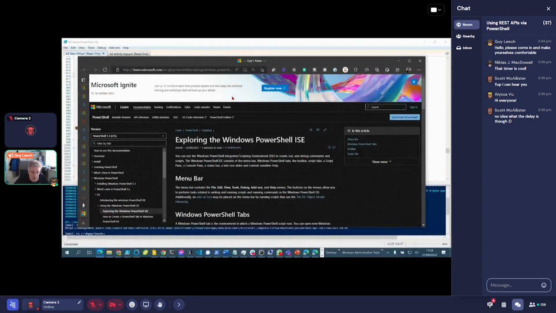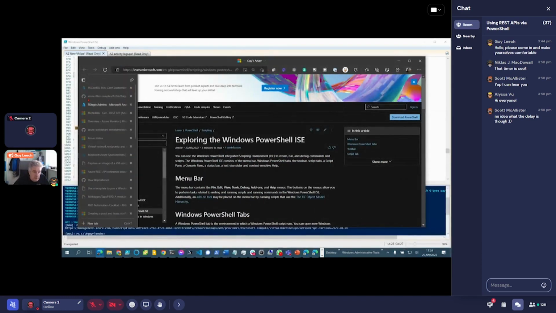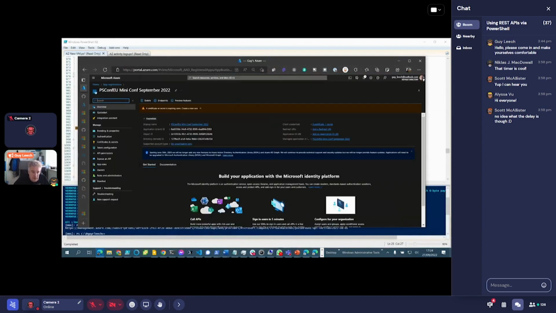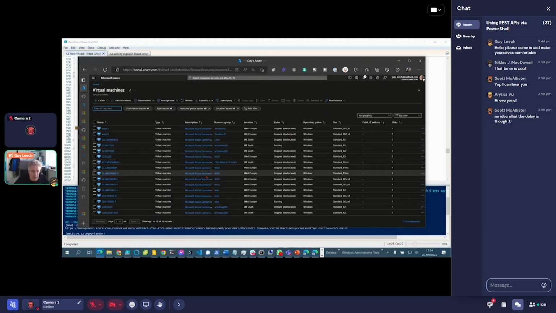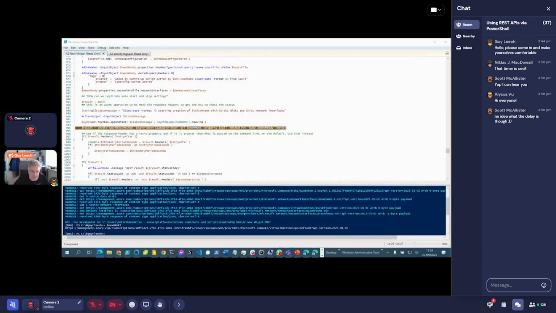Let's go back to where's my Azure, and that's my app registration. Let's go back to virtual machines. There is no psconf.eu in there. So we're going to go and create this new VM. Now what it will do is